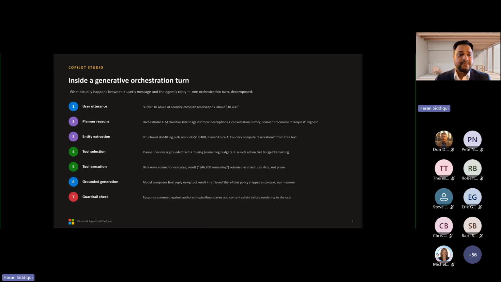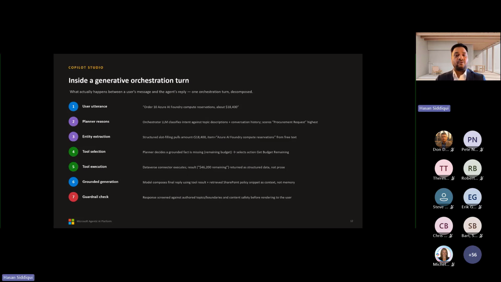Now I'll go inside generative orchestration: user direction, planner reasoning, entity extraction, tool selection, and execution, and how grounded generation works and the guardrail checks.